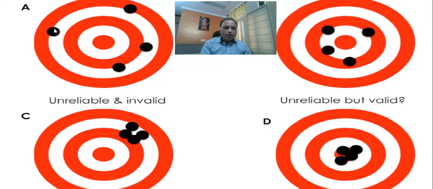These all are your indicators. Black dots are your indicators. The inner circle, red circle is your construct. So if I have one indicator to measure motivation and this inner circle is the motivation, that means I am capturing one dimension which is here of motivation, one dimension which is here of motivation, one dimension which is here of motivation, one dimension here of motivation. So different dimensions I am covering.